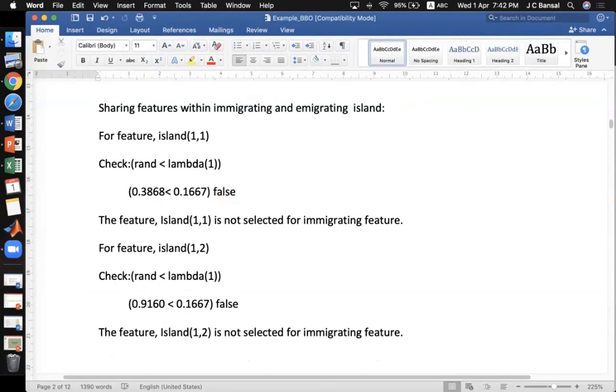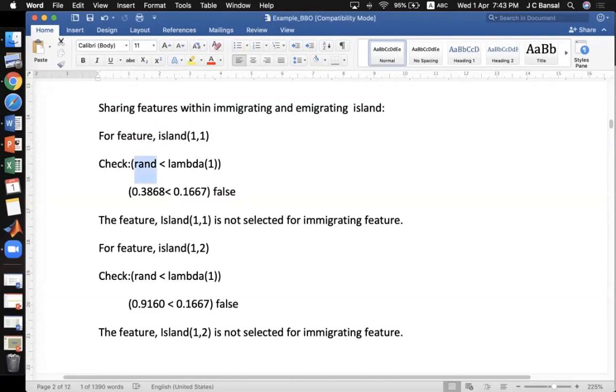Now for the first island's first feature, so it is feature 11. Is it okay? First of all we will check whether this particular feature will be modified or not, right? So here you will check a random number between 0 and 1.